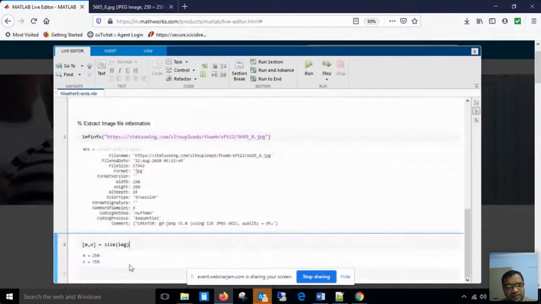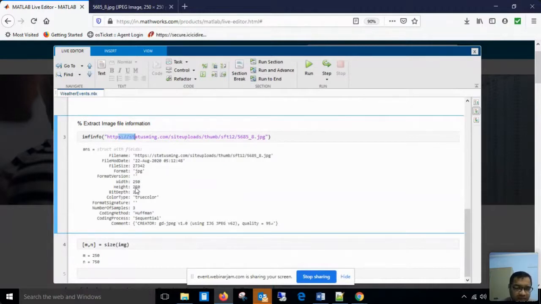So what is this command doing? m comma n is a one dimensional matrix, and I am using it with size of img. Size returns the dimensions of my image. Dimensions of my image will be saved in two variables, m and n, and you can cross check it with this information, width and height, available in the previous command output.